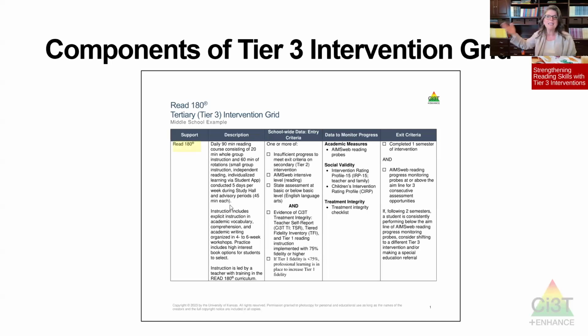But when you look at any grid, it's going to describe the resource. You're going to see a description of what it is. And very importantly, and this is a distinct feature in Ci3T, it's not a crapshoot as to who gets what. It's not a pressure on the teacher. It's not a pressure on the parent. Three times a year, you're going to look at school-wide data. And the teacher themselves can do this. They can individually open up their plan, look at their data, and see who might need more.